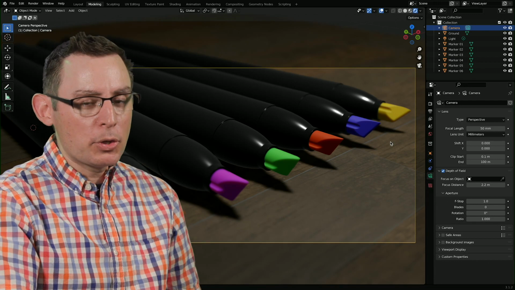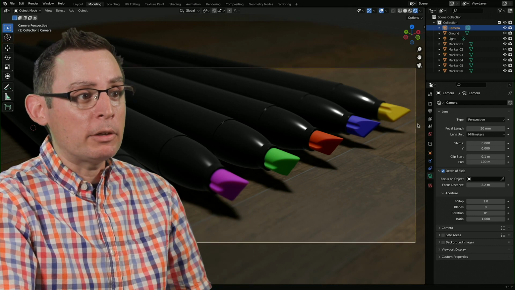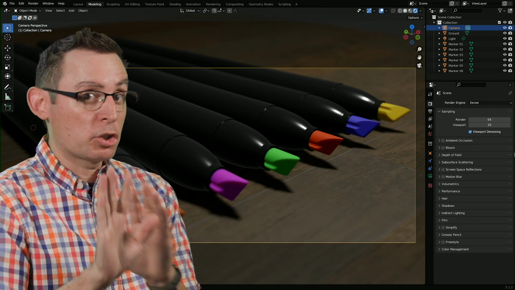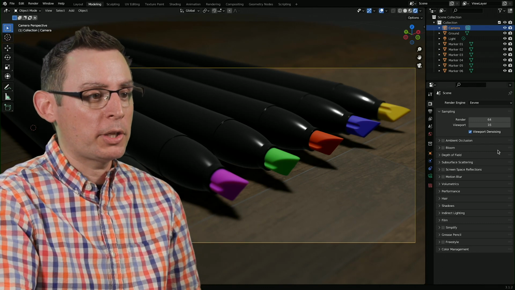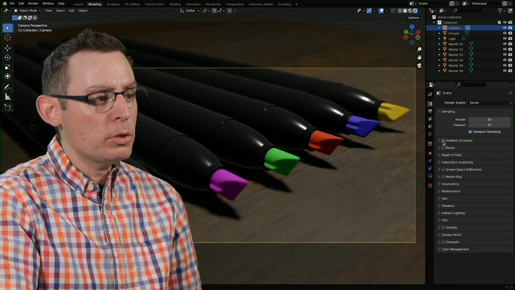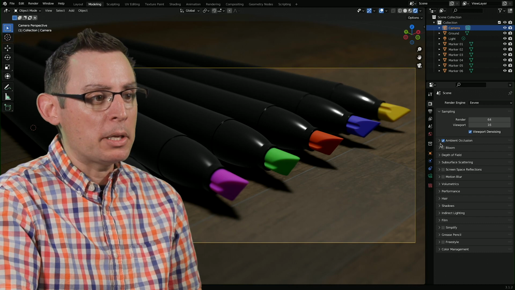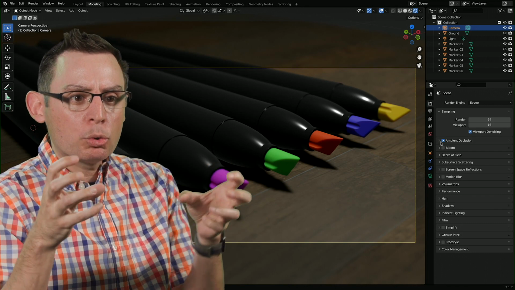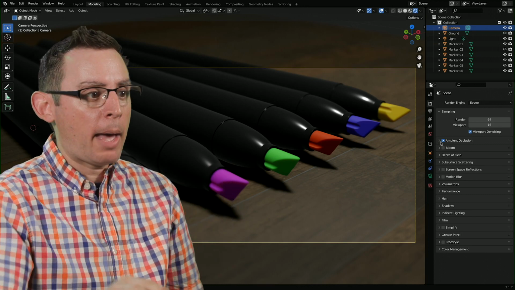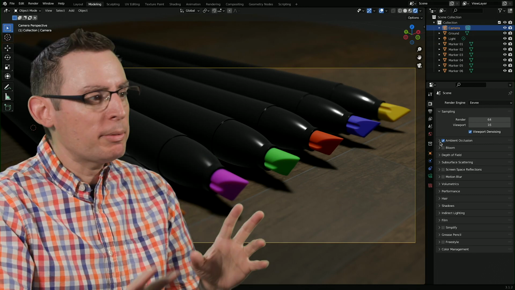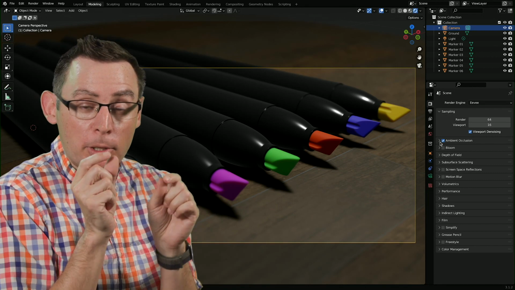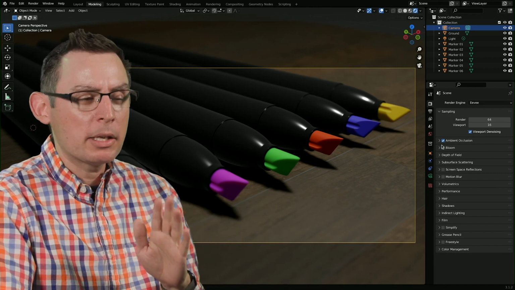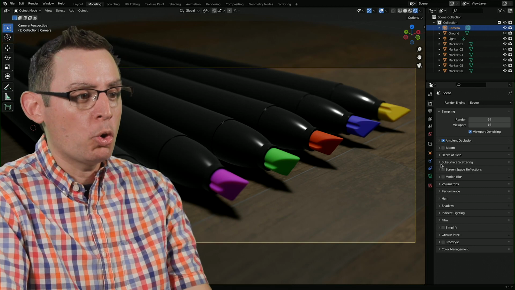The second and third thing that we're going to do is in our Eevee render settings. Let's go over into our render settings and look at some of the options in here because there's some good ones that I think you're definitely going to want to take a look at. First and foremost, I almost always turn on ambient occlusion. Ambient occlusion is going to start to calculate where the natural pooling of shadows are going to happen inside the mesh. Just turn it on. Sometimes it has a huge impact, especially on fine details. In this particular scene, it doesn't look like it's having too much of an impact, but out of habit, it's something I almost always turn on.